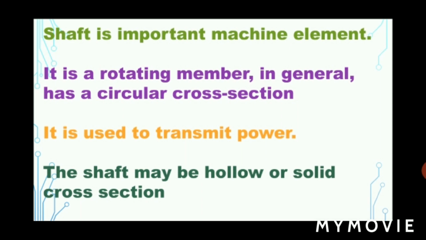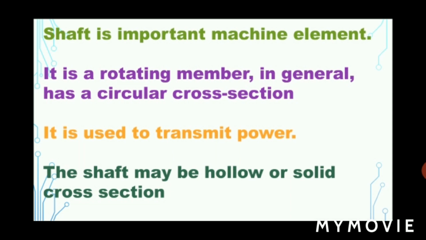Generally it is rotating. Normally you can observe that, you already know what a shaft is. First you have to understand the existing object, then you can easily apply these principles to new ones, any machine component also. Generally we observe this in real life applications. So a shaft is a rotating member and a machine element, and it is generally of circular cross section. Okay, fine.